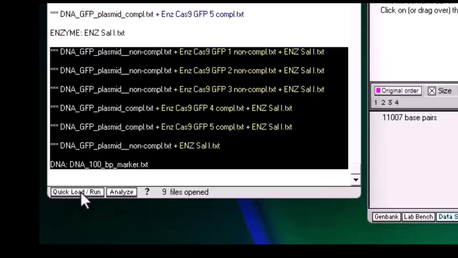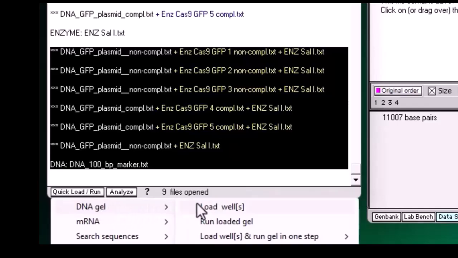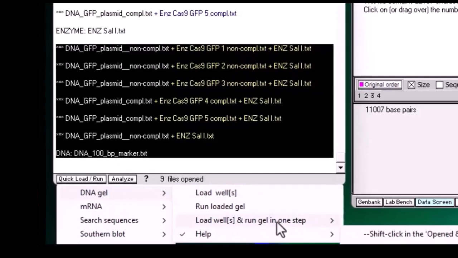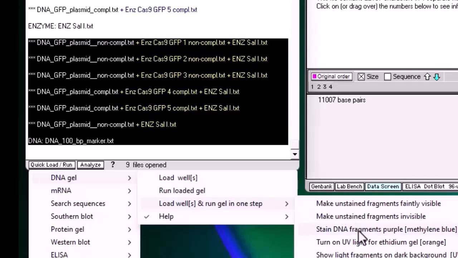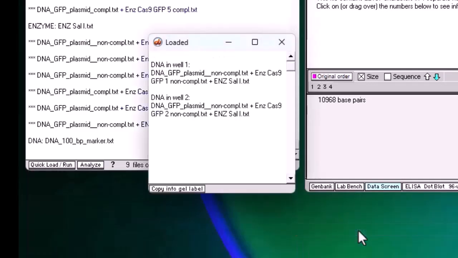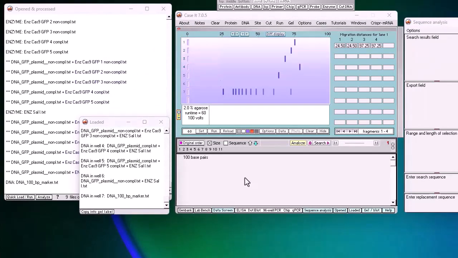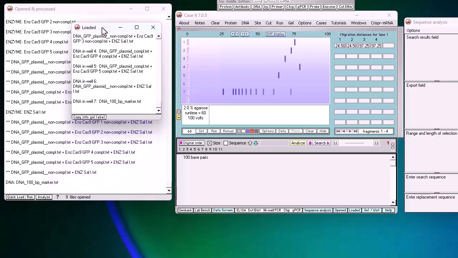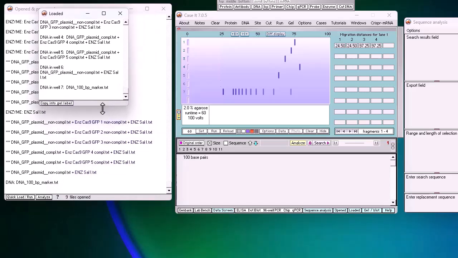Then go to the bottom of the Open in Process window, click the Quick Load Run button, DNA gel, load wells and run gel in one step, and stain DNA fragments purple. So that procedure loaded the 7 wells in sequence,